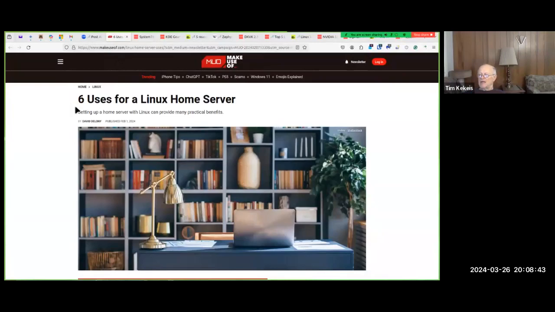Another article that I've got here is 6 uses for a Linux home server. This might be of interest to some people. I may want to look at doing this. Perhaps you, Peter, would also. I don't know about you, Bob, but generally speaking,